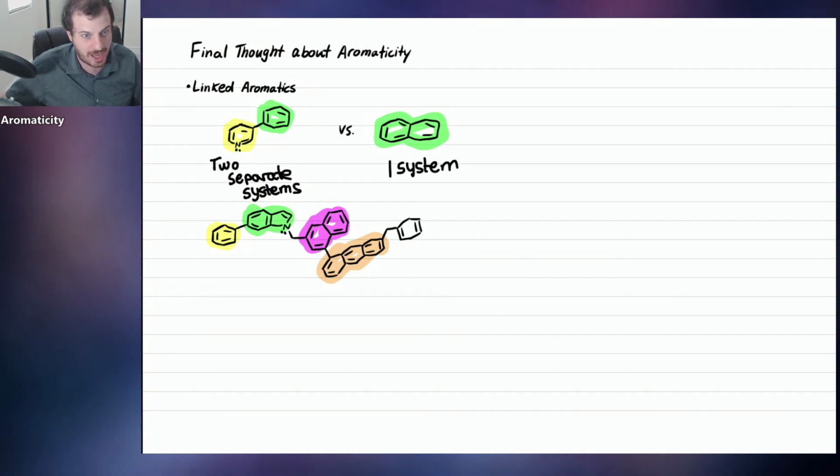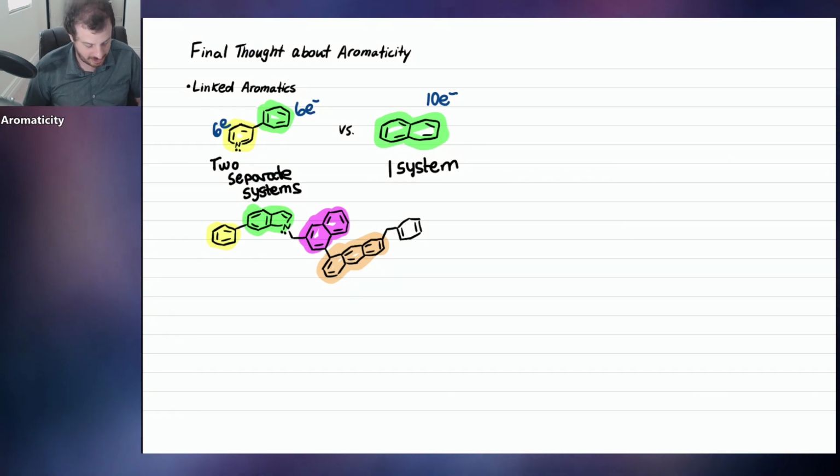And we can also add up all of the electrons in each of these aromatic systems. So remember, each pi bond counts for 2. 1, 2, 3, 4, 5, 6. So this one's got 6 electrons. This one also has 6 electrons. Let's count this one. 1, 2, 3, 4, 5, 6, 7, 8, 9, 10. 10 is a golden number. It's even, not divisible by 4. That's aromatic.